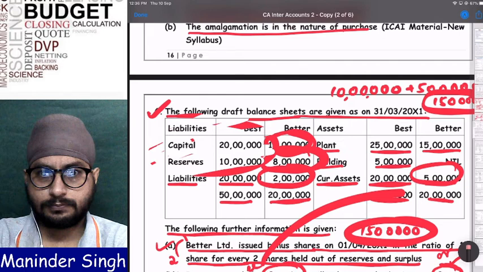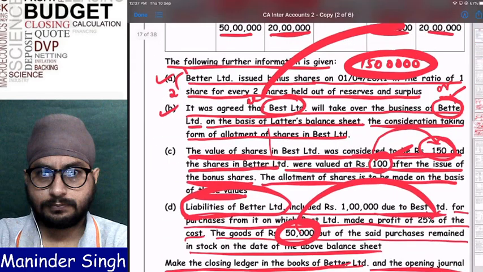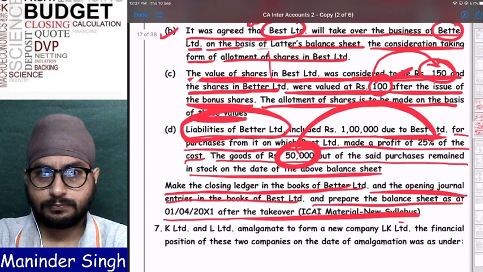Very good. You got confused just now. What did I tell you? Only two conditions. Have they mentioned any other conditions? We have discussed five, six conditions. Have they mentioned any other conditions? No. So can you assume it to be merger now? No, right? You cannot. You have to solve as per purchase.